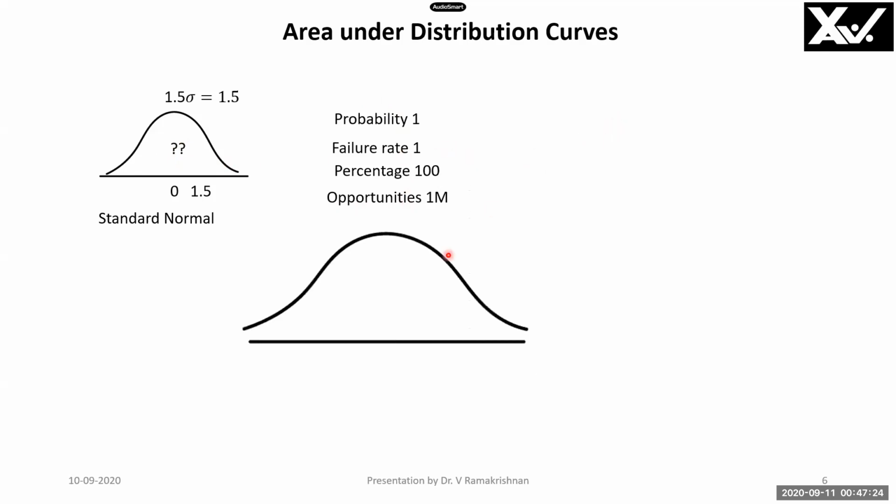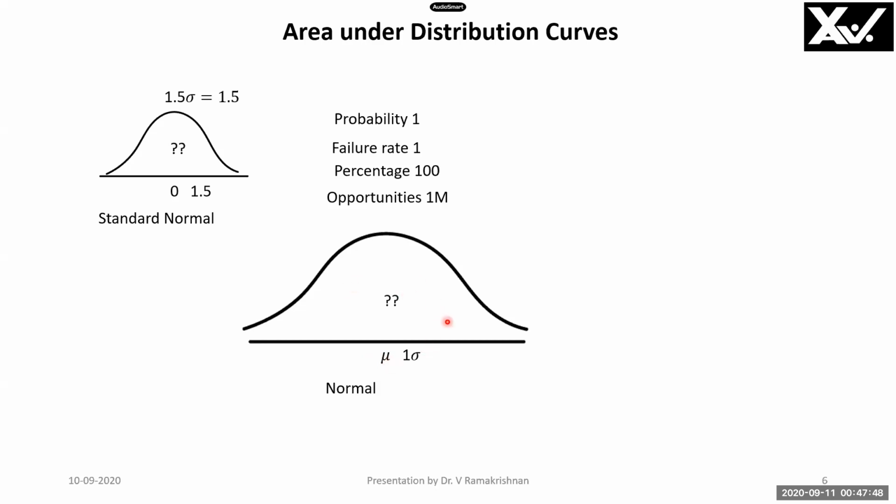Now, we will see this curve. What is the difference between this and this? This is a normal distribution. It will have a different mean depending upon the process, and it will have a different standard deviation. Here the standard deviation is 1. Here the standard deviation may not be 1. It can be 1.5, 2, 3, whatever it may be. The mean also need not be 0. It can be 1, 2, 3 or any real number.